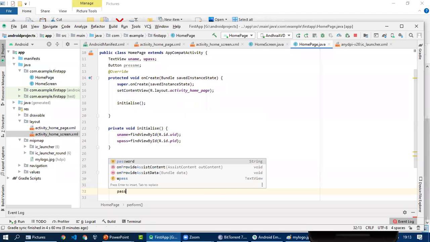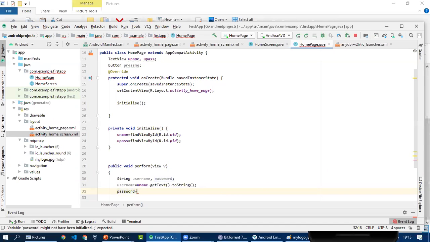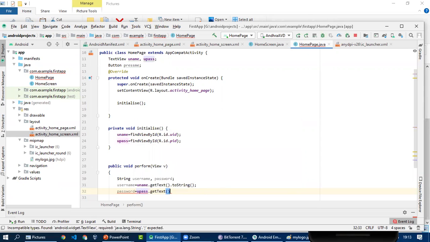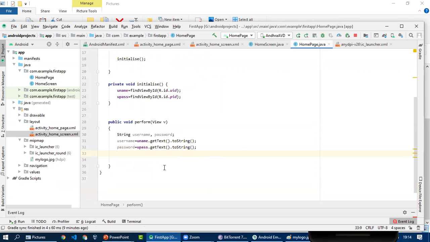And for password, you need upass.getText().toString(). Okay.